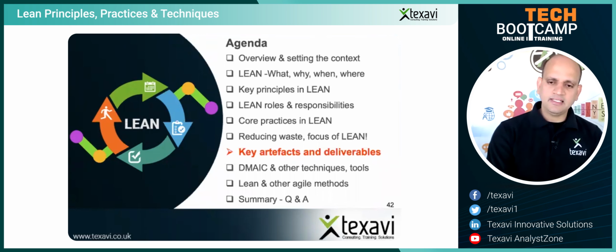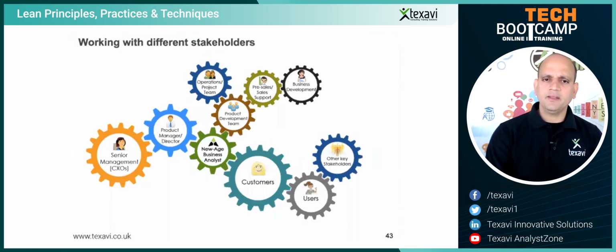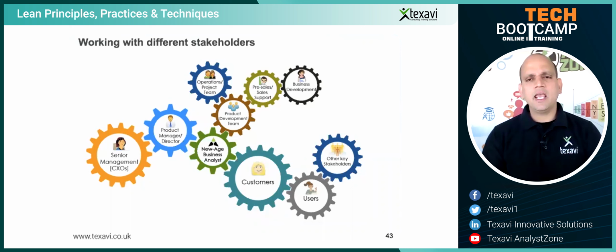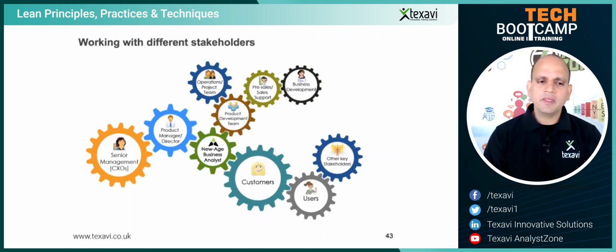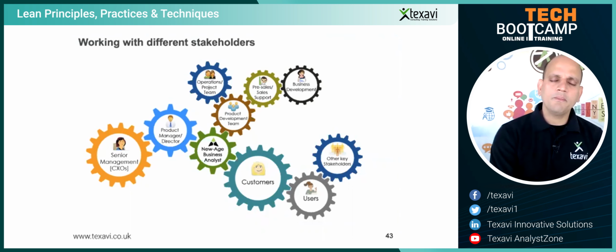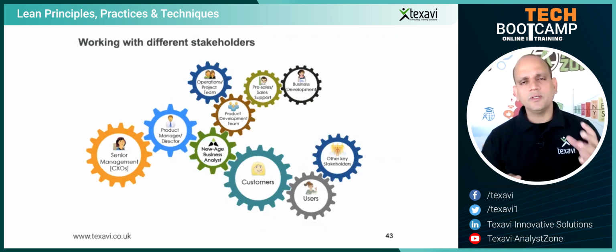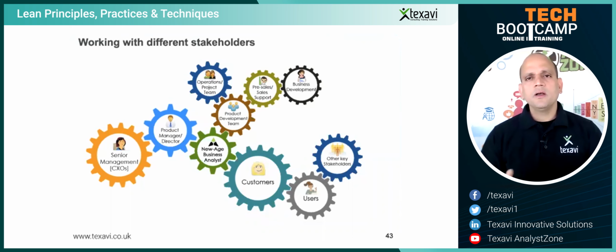We're going to see DMAIC. We can try and use it in the context of where we are. But I'll just give you an indication of the different approaches that we use. Again, working with different stakeholders is very important. If you're in Agile, it's all about connecting with different people, understanding who the customers are, who the users are, who the stakeholders are, what is internal versus external, and the touch points, working with the partners, with the suppliers, identifying where the touch points are and where there is a potential for waste.